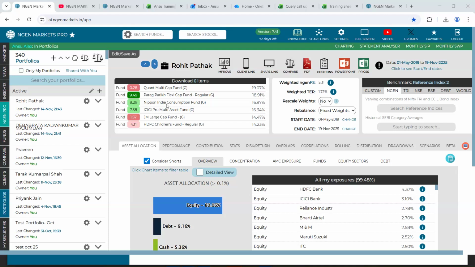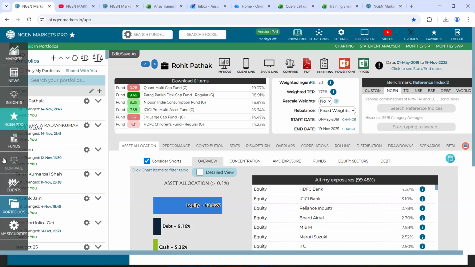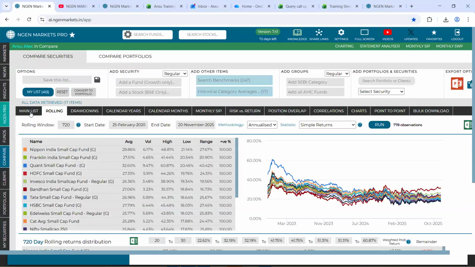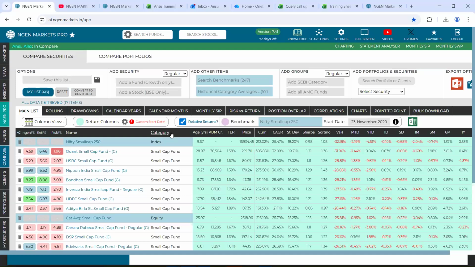So there's a question in the chat box. Why do we just have only the start date, not the end date here? This is feedback we have received from our users to bring an end date option in the main list. We are working on the same. Currently, we have an option to just input the start date. The end date feature at the moment is not there in the main list. As I mentioned, we are working on the same.